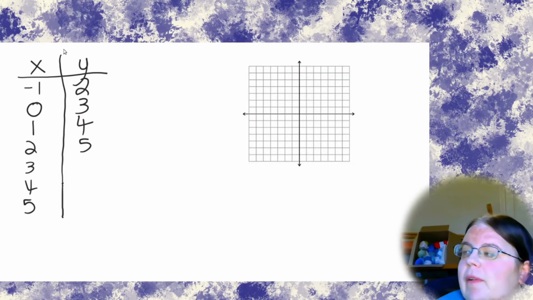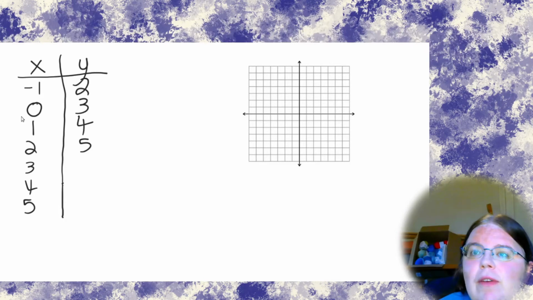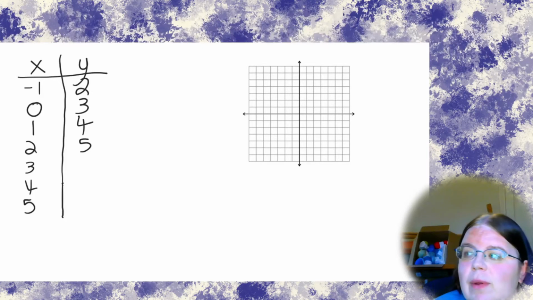So in this example, we have some x values and some y values. Usually x is your input and y is your output. And I see here that our x values are integers that run from -1 to 5, and our y values seem to be whole numbers, 2, 3, 4, and 5. Now we're not given all of the outputs, so it's a good idea to try to calculate those, but to calculate those, we would want to come up with a formula to make sure that we're working accurately instead of